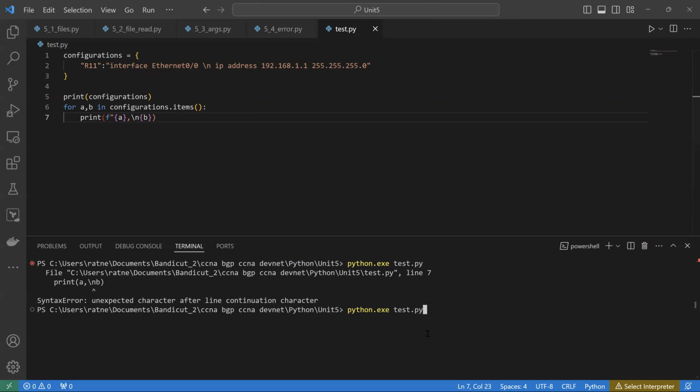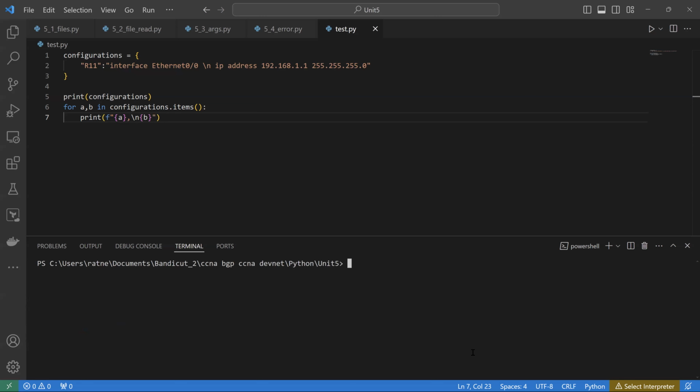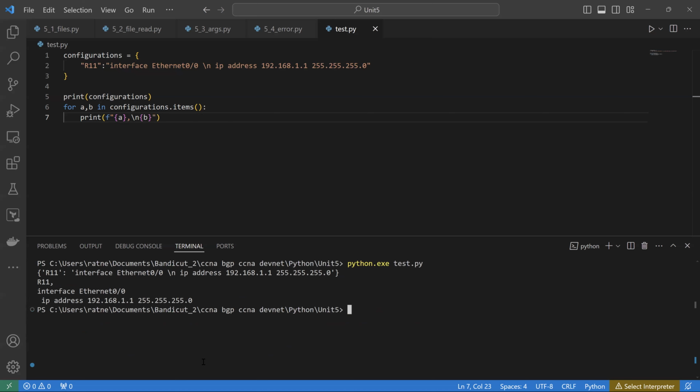Now let's see. And you need to close it. You will get an error as well. It is telling you that the function you're starting, you should close. So you need to close this, and now you can see that we have